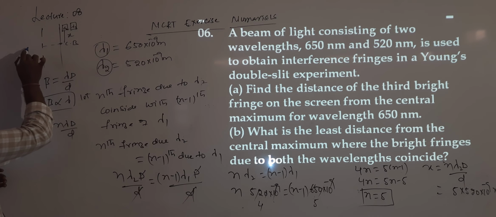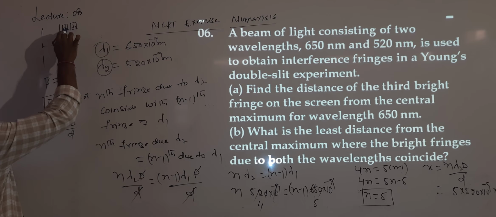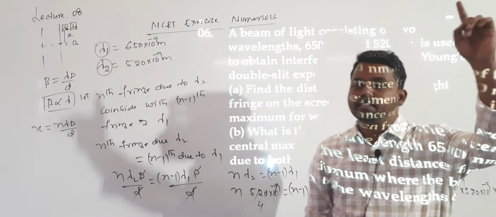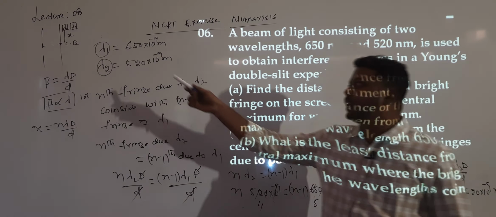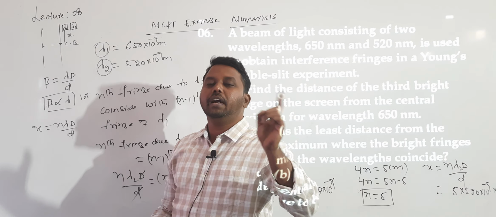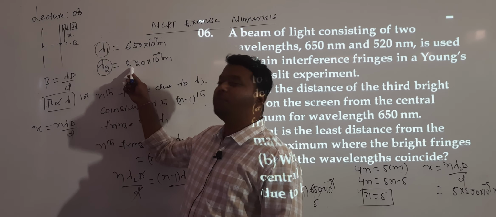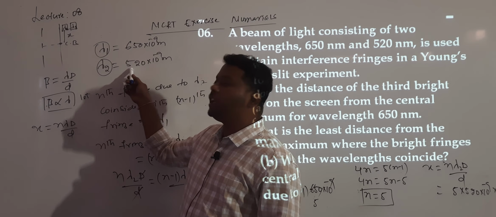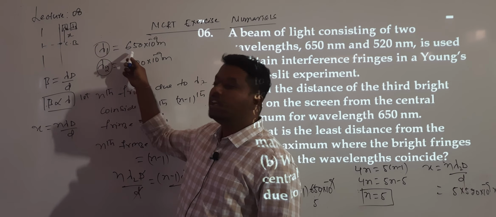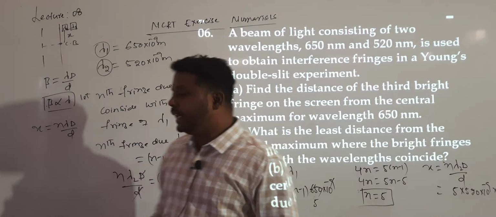Because two colors of light are used, fringes due to wavelength lambda 1 coincide with fringes due to wavelength lambda 2. But which fringe coincides, we don't know. Now they are asking the distance from the central bright at which they coincide, and I don't know that distance. Suppose it is the nth bright band due to lambda 2 and the n minus 1th bright band due to lambda 1. Here more fringes are formed and they are very close, while the other fringes are far apart. So if it is the 5th, it will be the 4th one; if it is the 6th, it will be the 5th one. So I took that condition.